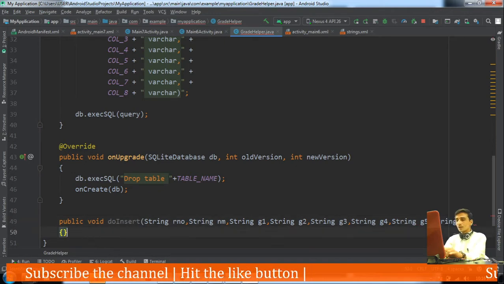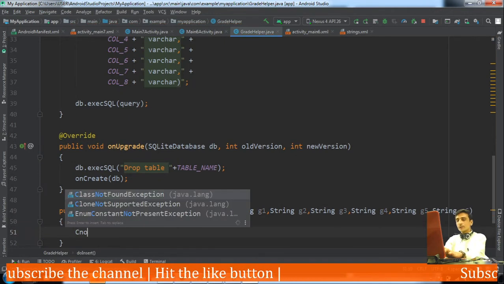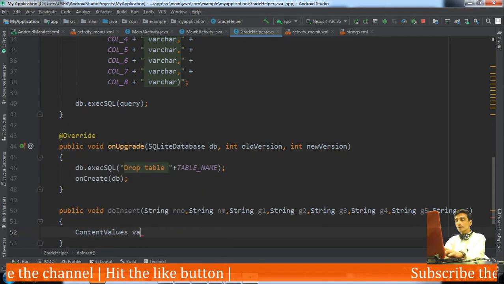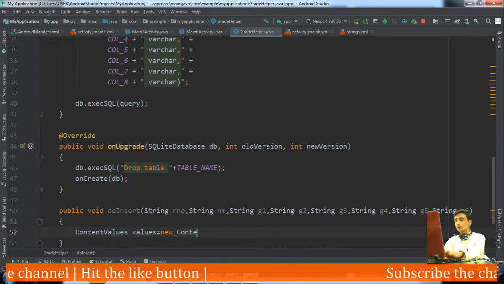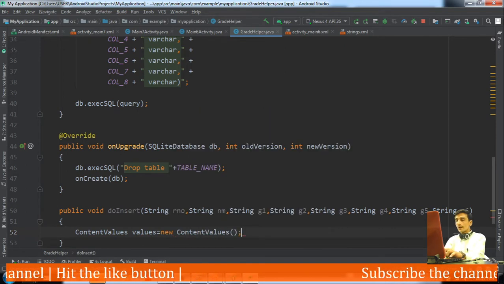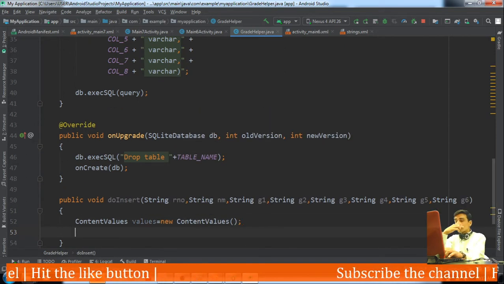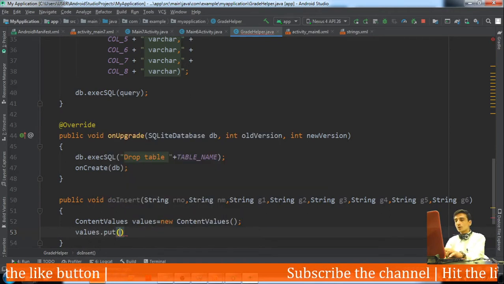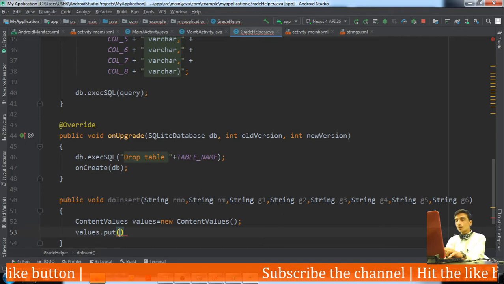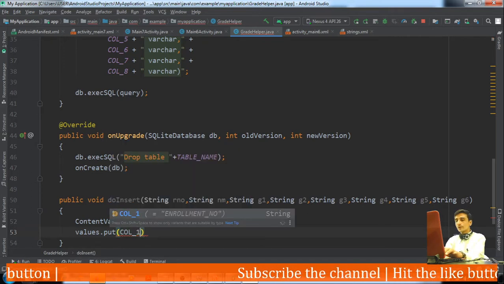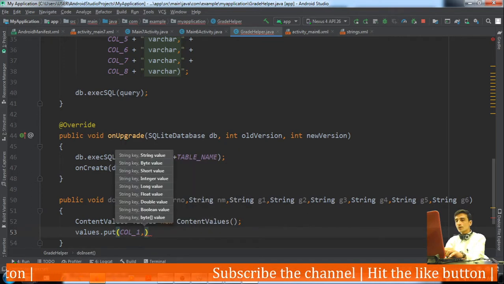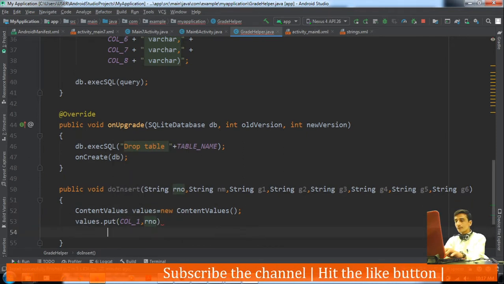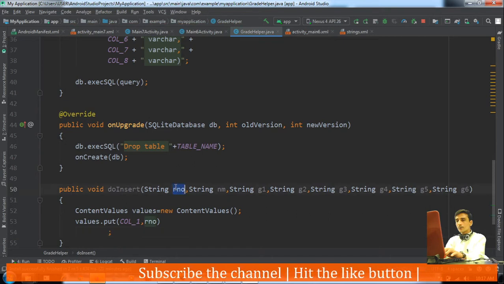Okay. Now for inserting we need to create an object of content values, is equal to new. For inserting a record we need to add each pair of the column name and its value to the content value object. For column 1, the name is stored in column 1 and the value is RNO, which is passed as an argument here.